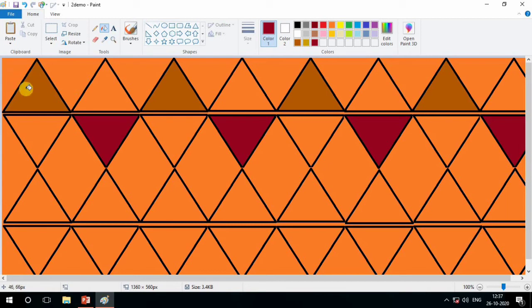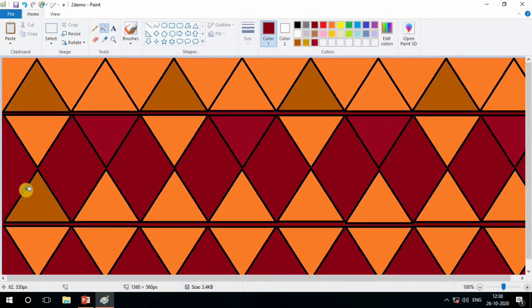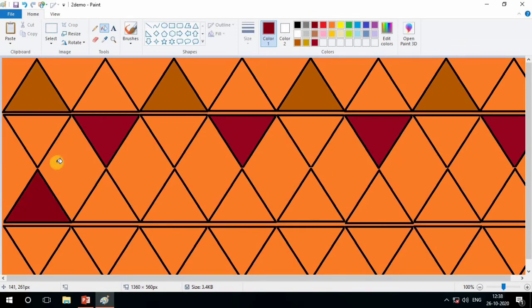Now again choose this one color. Which color? This one. So where is the color? Here. And now come in the third row and fill it. Here we can fill it, sorry, not this color, but I think this shade. Which shade are we using here? Okay, now see. Second, skip.